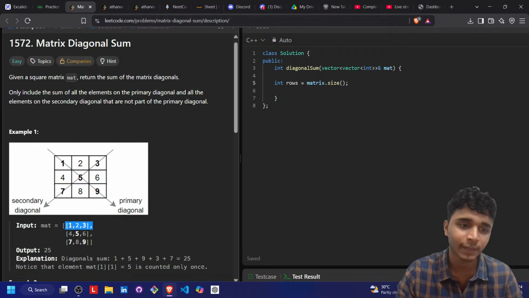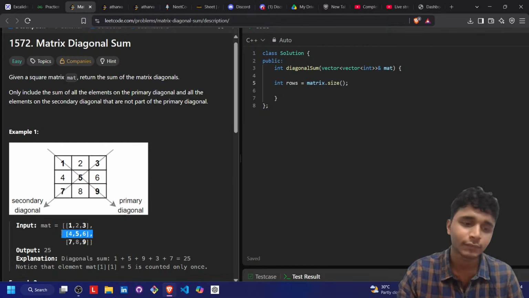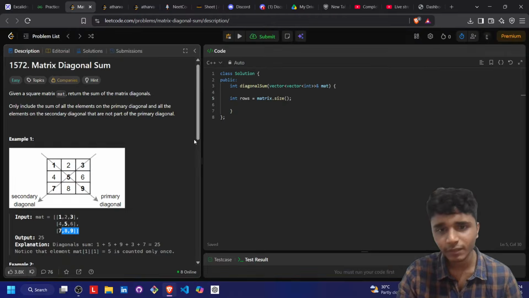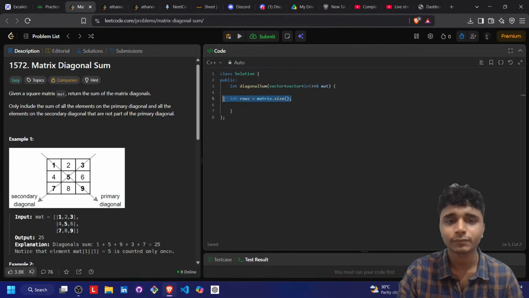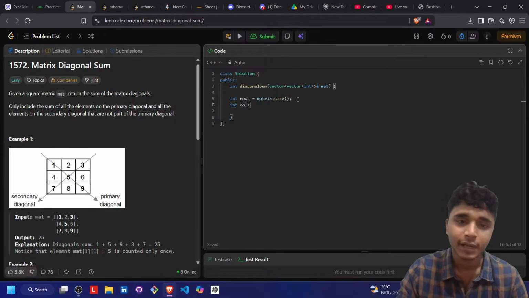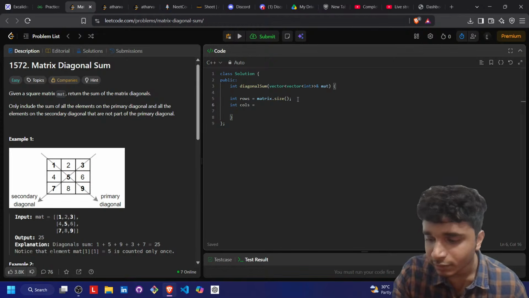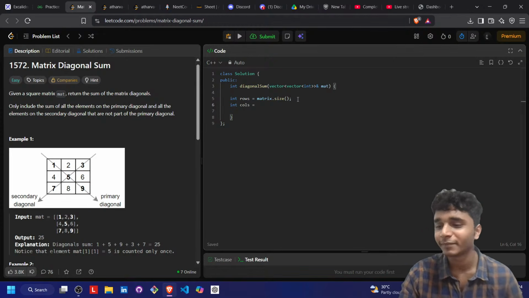This is the first element, in which there are 3 values present. This is the second row and this is the third row. So when we do matrix dot size, it gives the number of rows present in the matrix, right? And for columns,